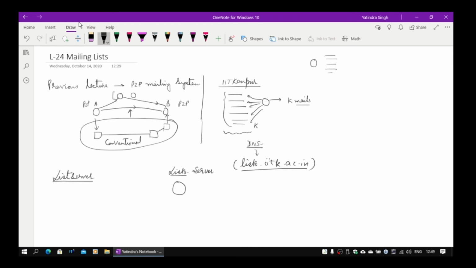Of course, the MX record is also maintained for this particular domain, and the MX record for this domain is also this same machine itself. This machine is actually running like an SMTP server, so it can also communicate with IIT Kanpur's SMTP server. This machine is authenticated and authorized to send mail to anybody.